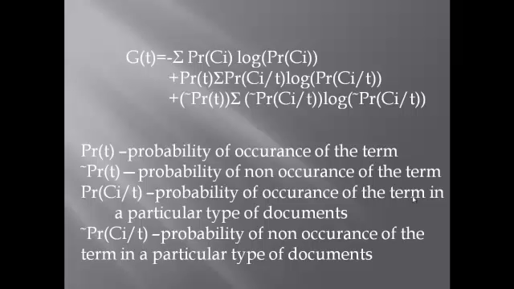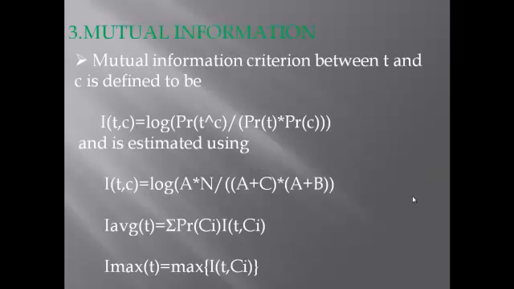In this way, for each term we calculate the goodness of term, and we assign a user specified threshold value. If our specified value is greater than the goodness of term, then it is considered a non-interesting term. If it is less, we say that it is an interesting term.